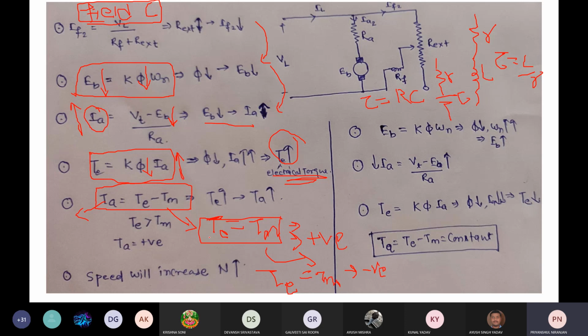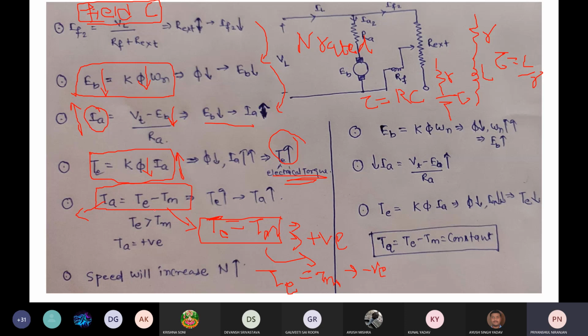So when electrical torque and mechanical torque are equal, then speed will achieve the rated value. When talking about the original circuit, we assume that N is the rated value of the original circuit. At that speed, electrical torque and mechanical torque are equal. But when we disturb by using the external resistance,